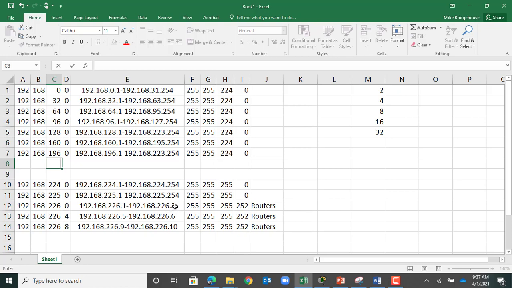.3. Okay, and 3 is actually my broadcast in that one there. So my range on this one is actually .2. And my broadcast address is 3. My next network is 4. Its first host is 5, and then 6. 7 is the broadcast. 8 would then be the next network. 9 and 10 are the usable, and those are the ones I'll use for my routers to make my life